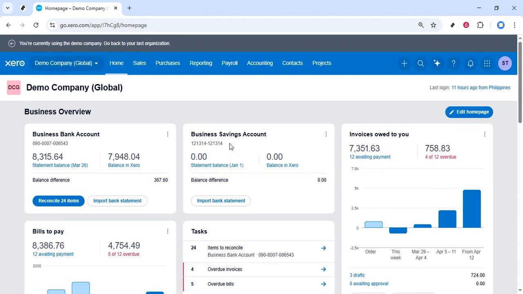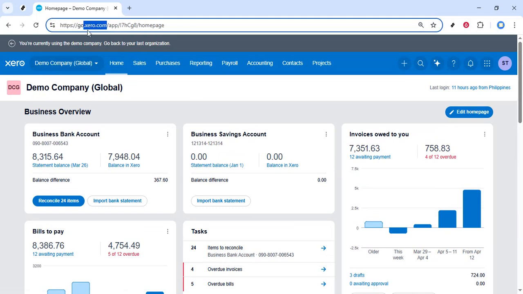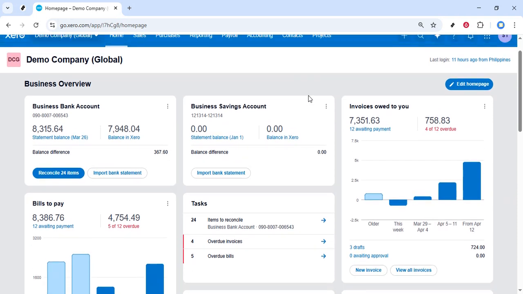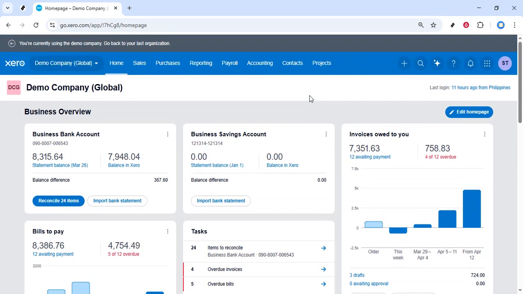Open your browser and go to the Xero website. Once you're there, sign into your Xero account as you normally would. Make sure you're in the correct organization if you manage more than one, because expenses are tracked separately for each business. After you've logged in and you're on the main dashboard, look for the main navigation menu along the top